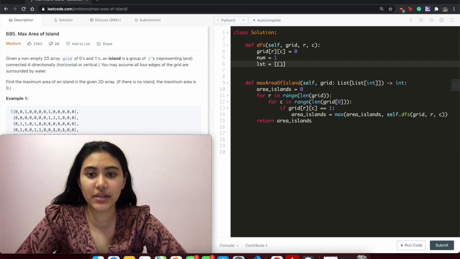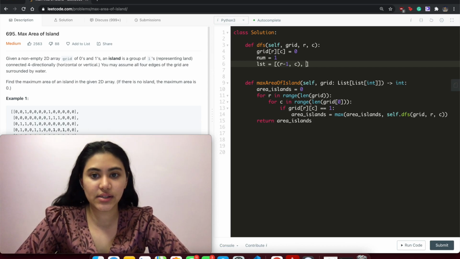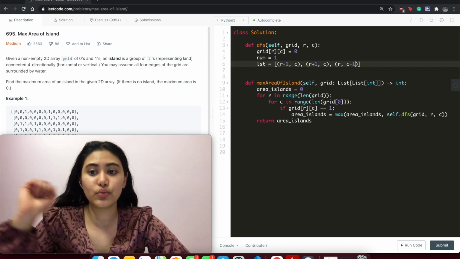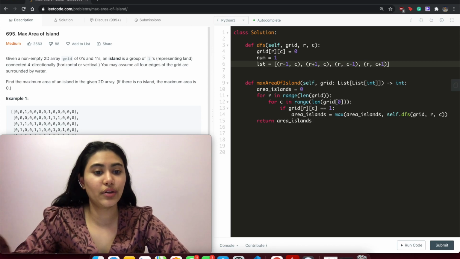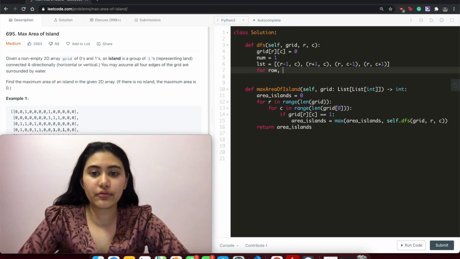So this is going to be R minus 1, C. This is a row above with the same column, so this is exploring the top. Then row plus 1, C, bottom. Row, C minus 1, this is going to the left. And row, C plus 1, going to the right. So for the row, column in list,